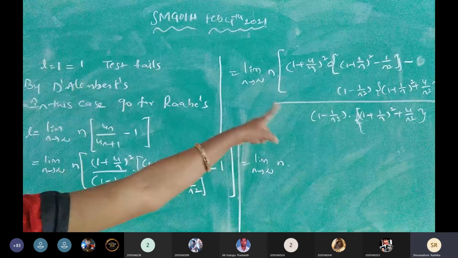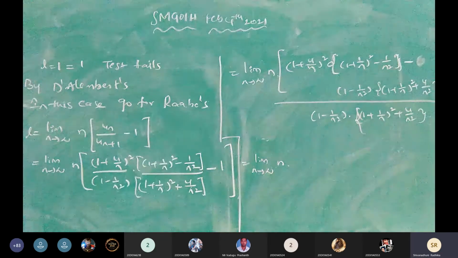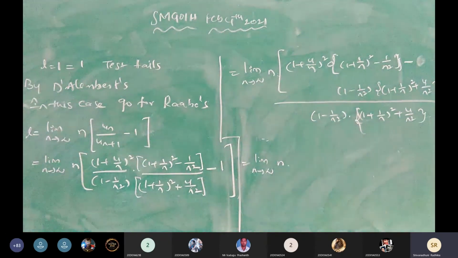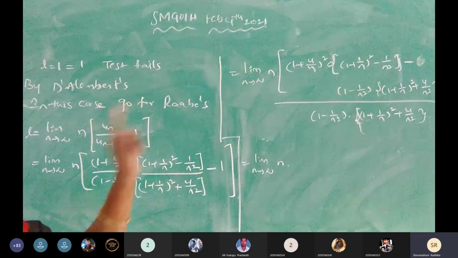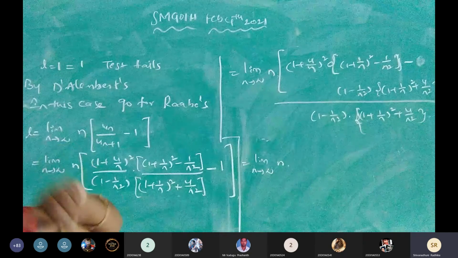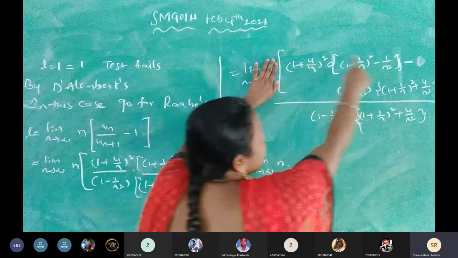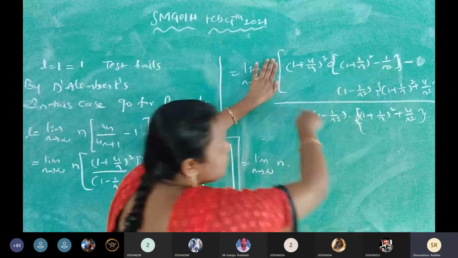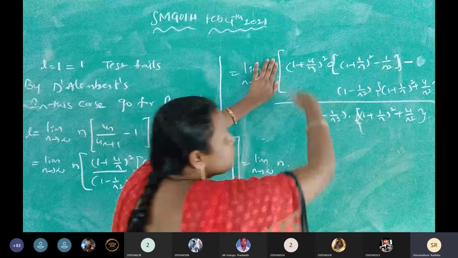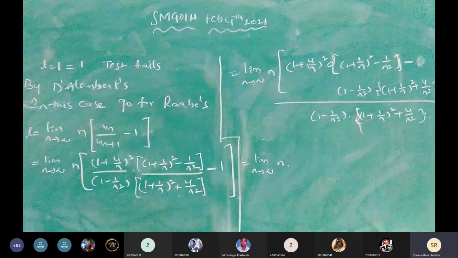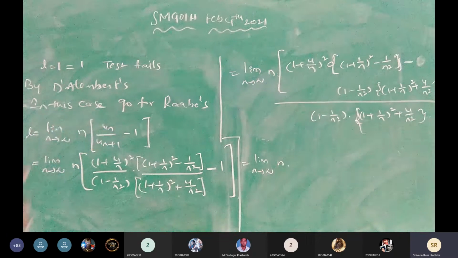What do you mean by simplification? Any n in the numerator, directly that is not a simplification. Immediately you can change that numerator n into the denominator. See, except this value, all the n values are in the denominator only. It is clear. Now this is the simplified form. Now in that situation we are going to apply the limit value, we are substituting. Now the total part is the simplified part.